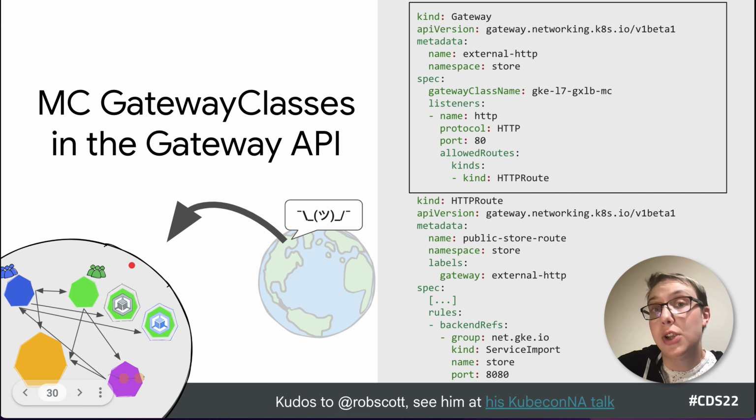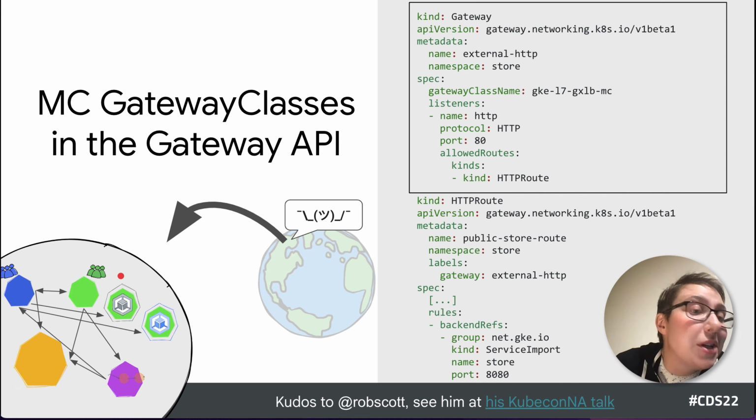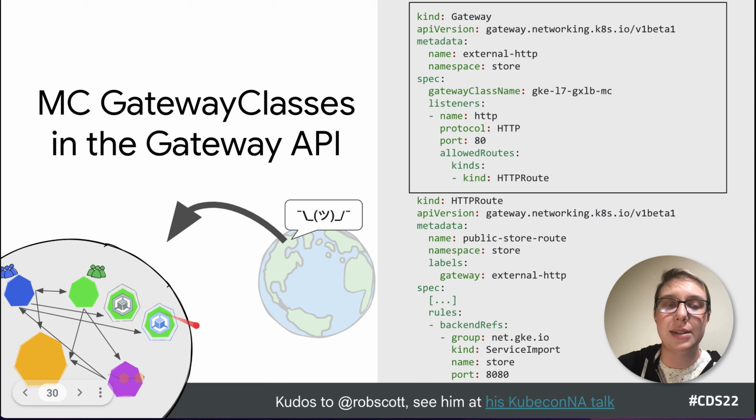So it's no longer so clear cut which cluster do I go to, right? So if I have my cool company.com/shop or whatever, which of these clusters, if there's a front end deployed on all of them, or if there's a front end deployed on just some of them, or there's a front end deployed on one of them that certain clients should go to and other clients shouldn't go to, it's a little less clear, and the bigger your multi-cluster deployment is, the more that would be to handle yourself with DNS.